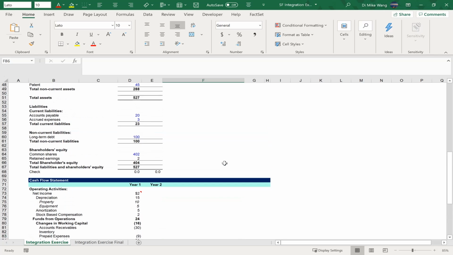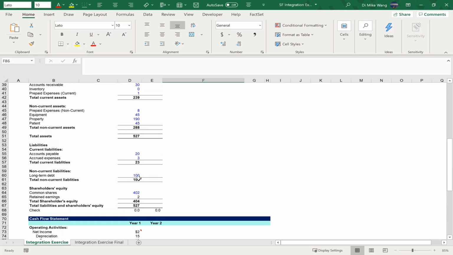So 2 items to note. One is that our long-term debt number remains the same because we did not repay any of the debt principal from our bank loan. Second item is that